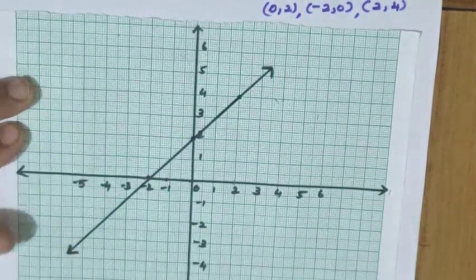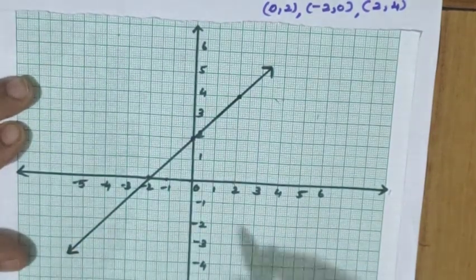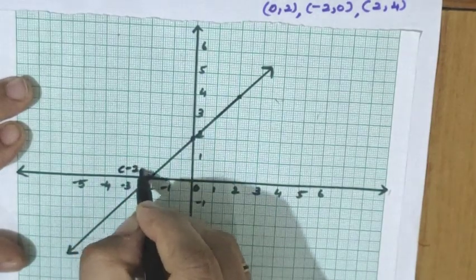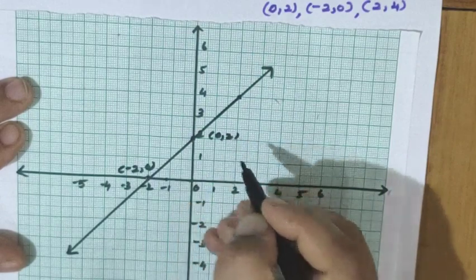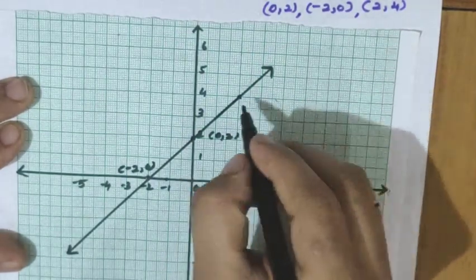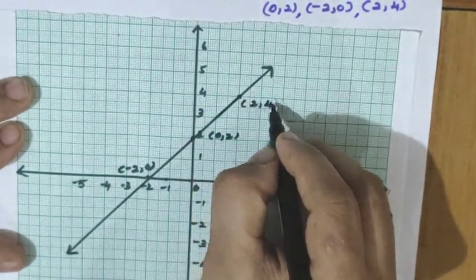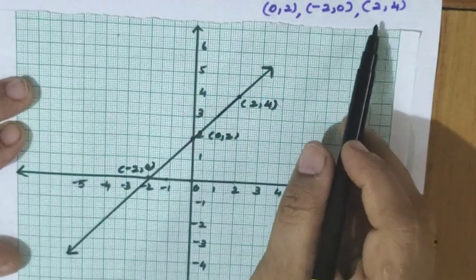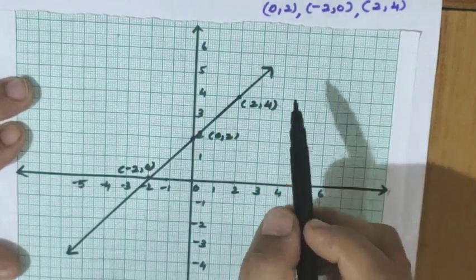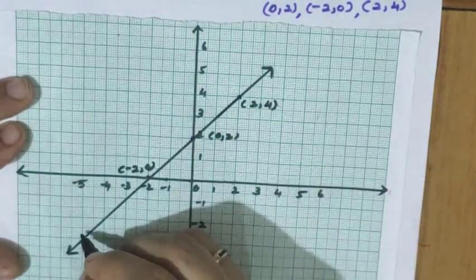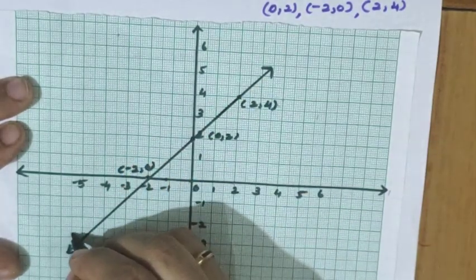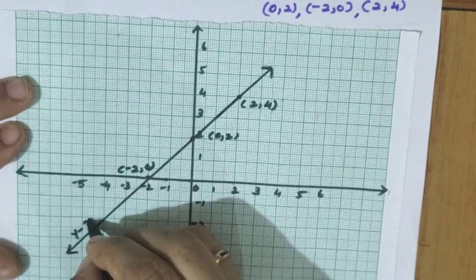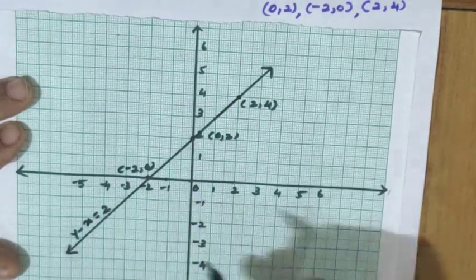Again, after drawing the line, what is to be noted? What are the coordinates you have marked? Minus 2 comma 0, again 0 comma 2 here, and what is the third point? 2 comma 4. Now, last class also I told what is the equation of the line. Equation of the line you have to write at one end. Wherever the points are not there, select that place and write y minus x equal to 2.